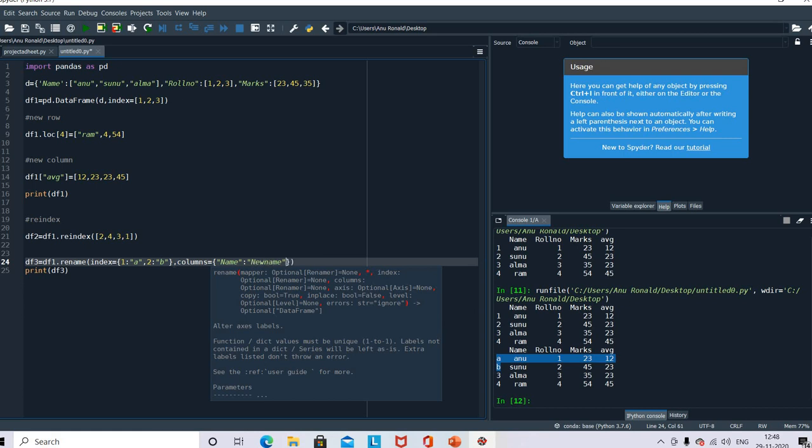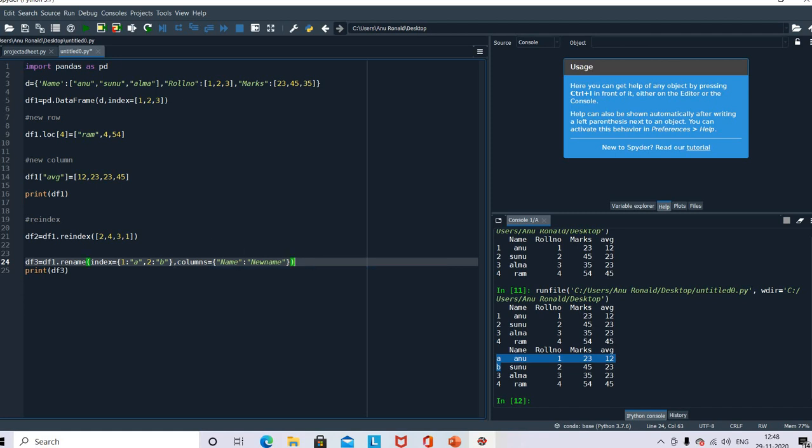Okay, just one name I'm changing just to show the method. If you want to give more, you can just separate it with the comma, just that thing. Running it. So you can see new name here. The column name changed to new name. It was name that changed to new name. So this is how we can apply the rename method.